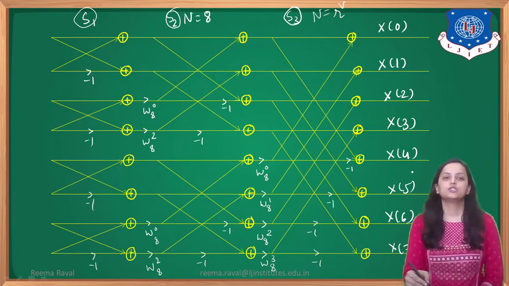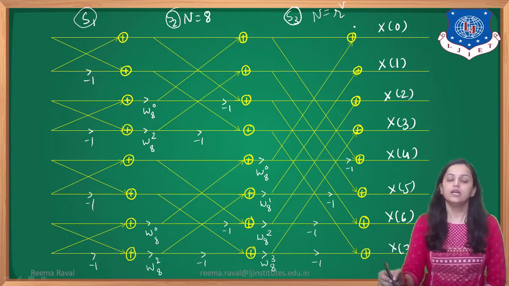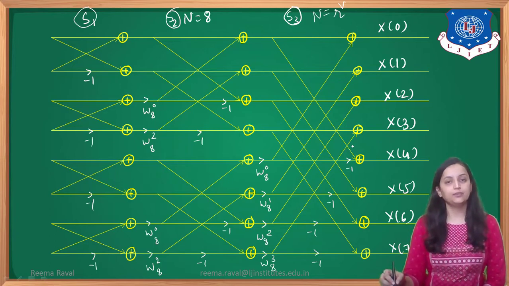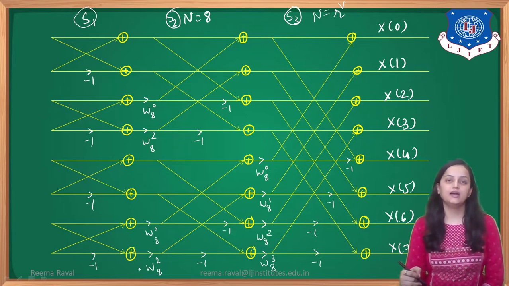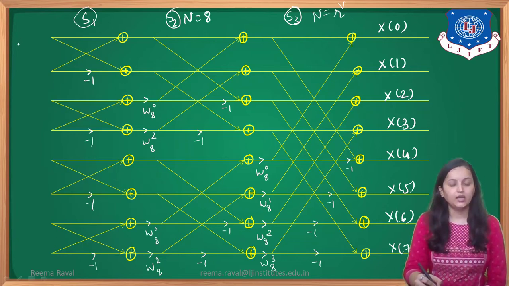Okay. So here, one thing to be remembered is that at the input side, the order is not the same as that of the output side. Here, odd and even pairs are made, and according to that, even places are over here, and after that, odd points are placed. That means if we consider the even points, it will include 0, 2, 4, 6. And odd points will include 1, 3, 5, 7.